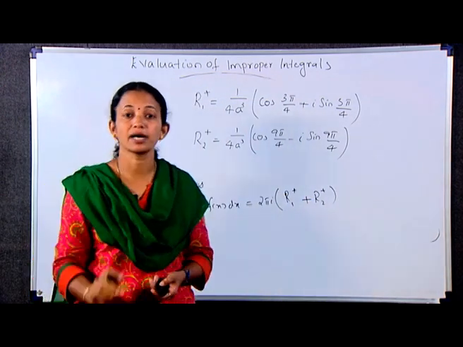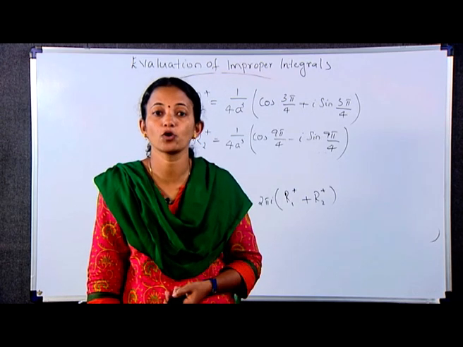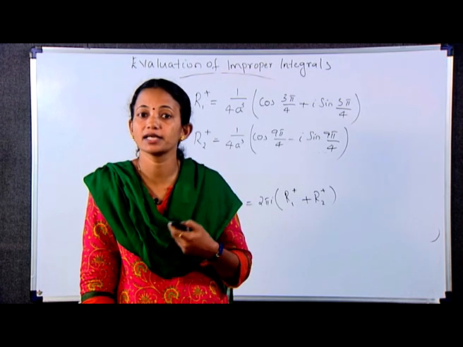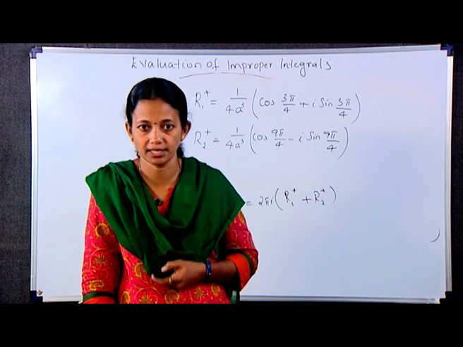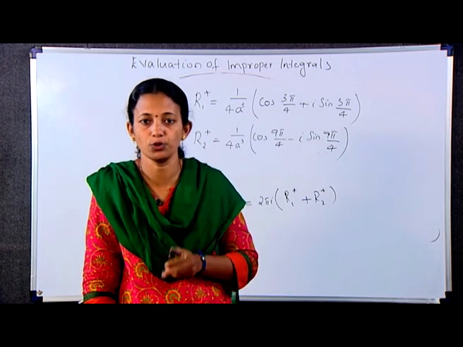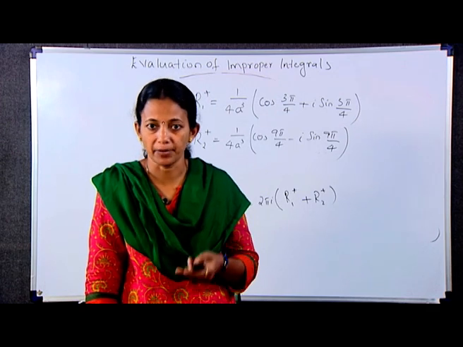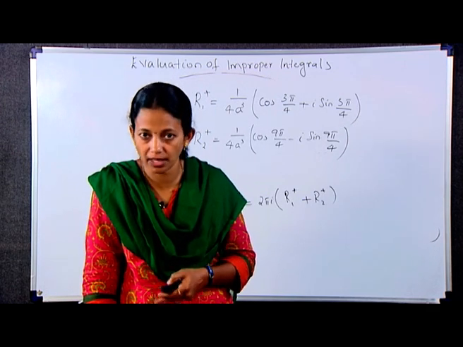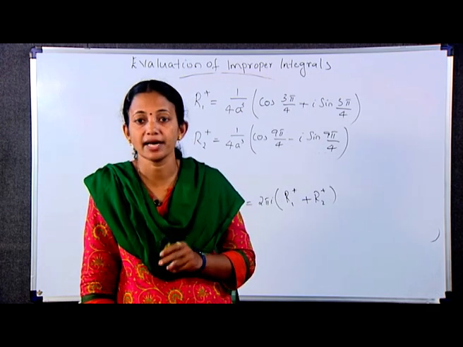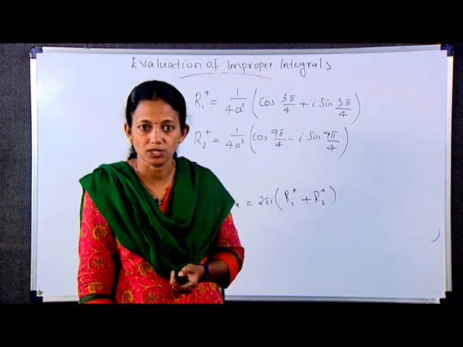Hence, the integral from minus infinity to infinity of dx by x raised to 4 plus a raised to 4 is equal to the integral of f(x) dx, which is equal to 2 pi i by 4a cube into cos 3 pi by 4 minus i sin 3 pi by 4 plus cos 9 pi by 4 minus i sin 9 pi by 4. That is, its value is